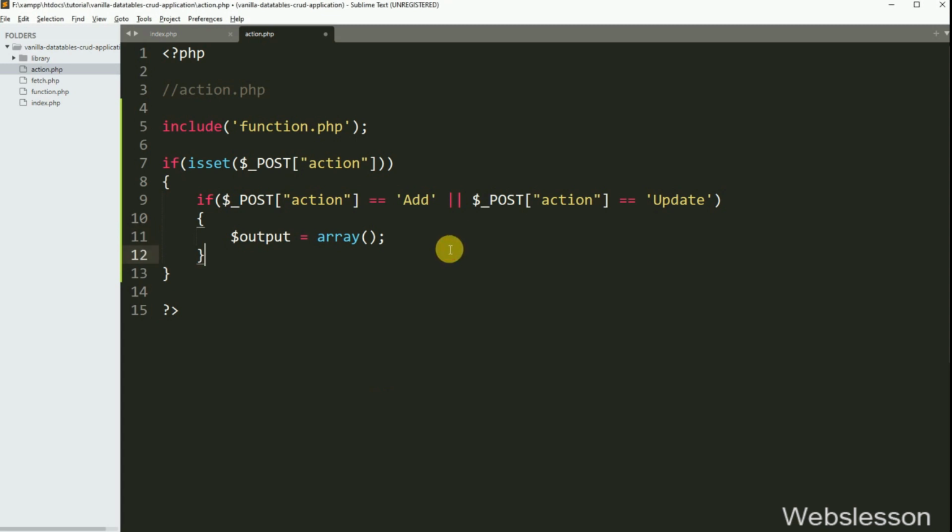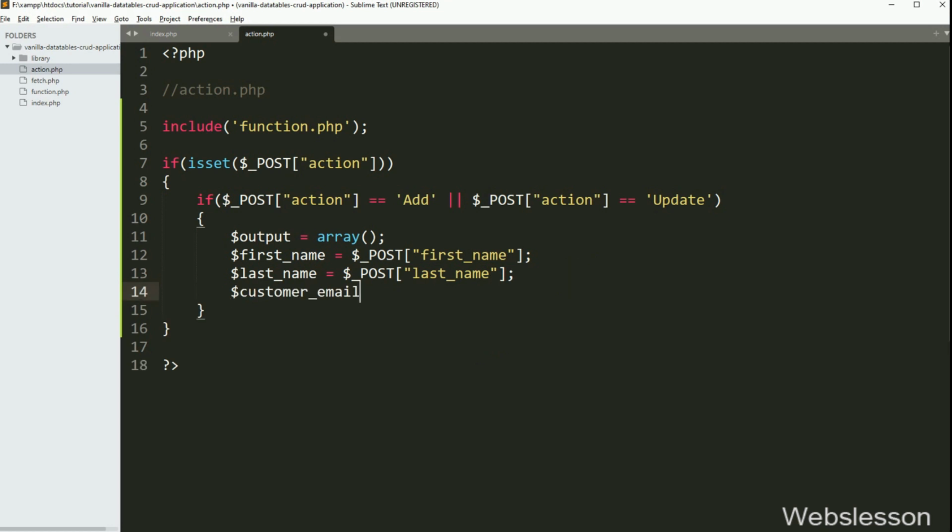Next we want to store form data in local variables, so here we have written $firstName variable is equal to $_POST firstName variable. To store last name text box data, here we have written $lastName variable is equal to $_POST lastName variable.